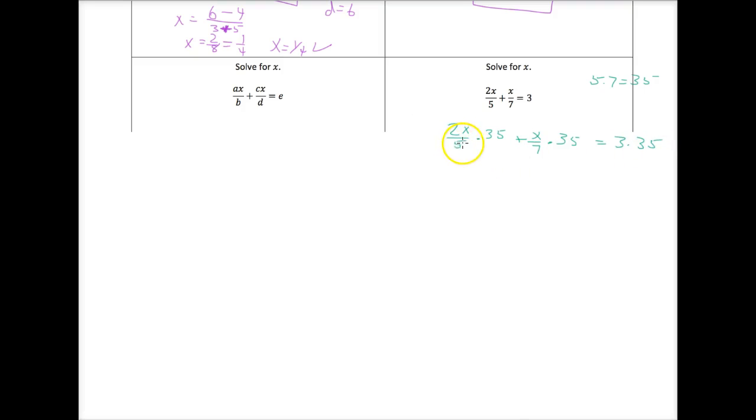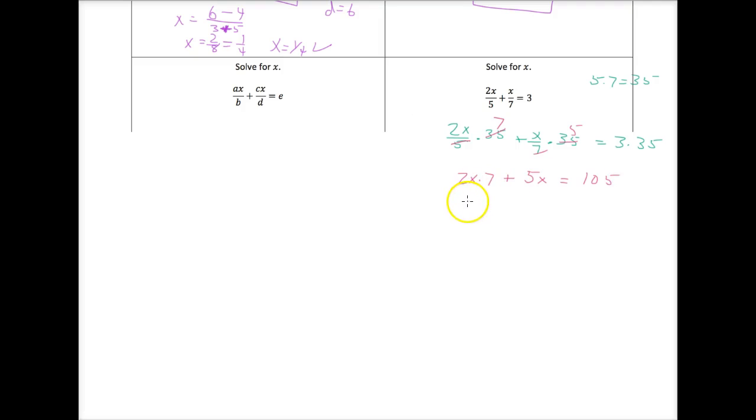I get something I can work with. Let me go and switch colors here. 5 goes into 35 7 times. 2x times 7 plus, and 7 goes into 35 5 times. 5x equals